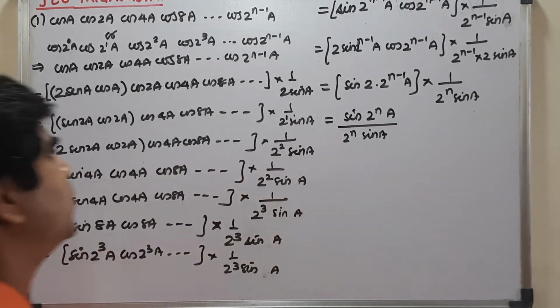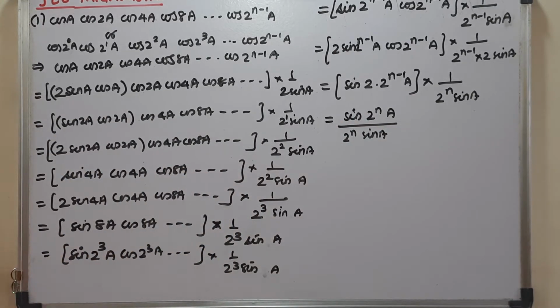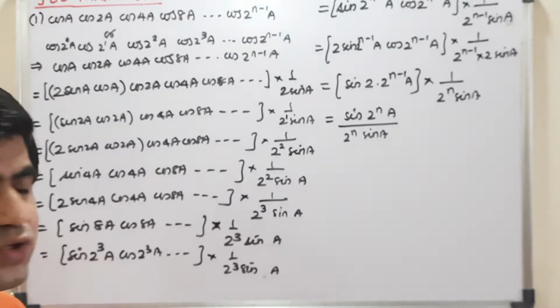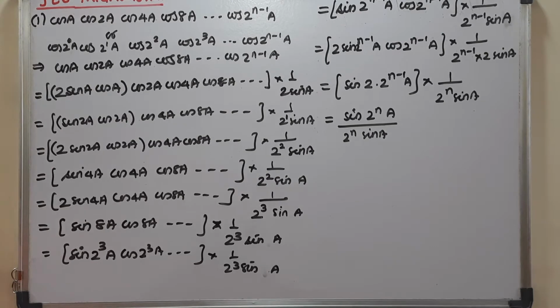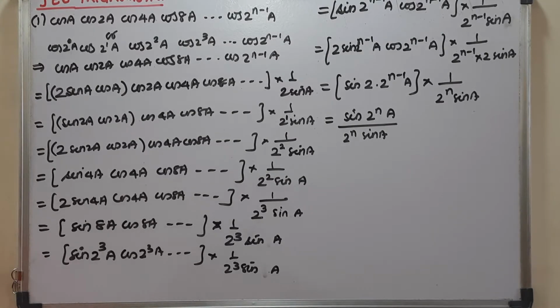So this is your result which you will get by solving. So cos a into cos 2a into cos 4a into cos 8a and so on up to cos 2 raised to n minus 1 is equal to sin 2 raised to n a upon 2 raised to n sin a,